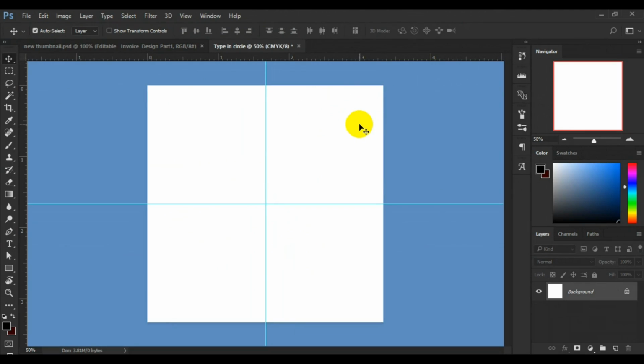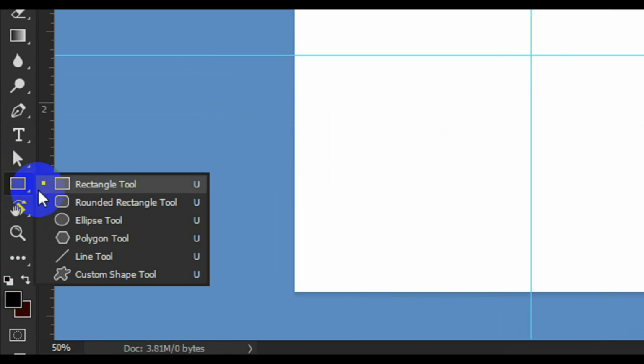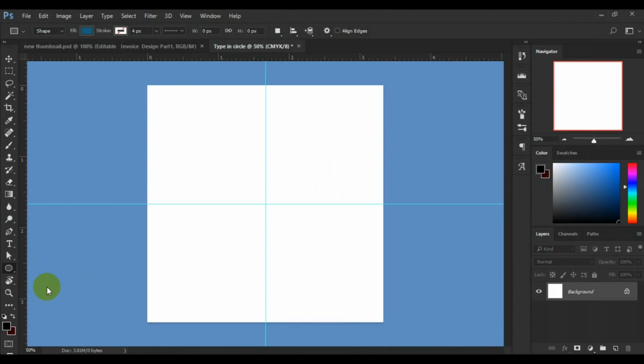So the next thing I'm going to do now is to go to my toolbar here, and then I will right click on the toolbar and select ellipse or circle. So having selected the circle, what you have to do is to come to the center point here and press on your keyboard. So when you press Alt Shift key on your keyboard and then you drag,